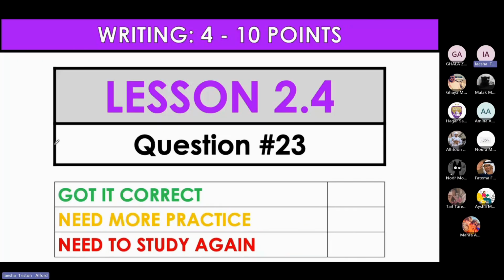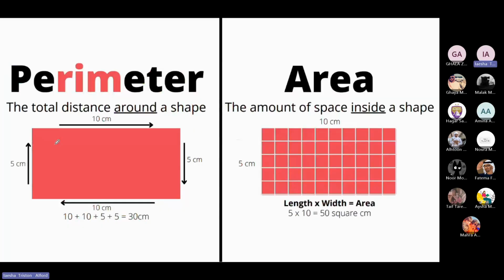This is question number 23, coming from lesson 2.4. In this lesson, the Wizara says that the question they're going to ask you is about area. Area is the amount of space inside of a shape. So if you see this picture, I can do 5 centimeters multiplied by 10 centimeters, and I'm going to get